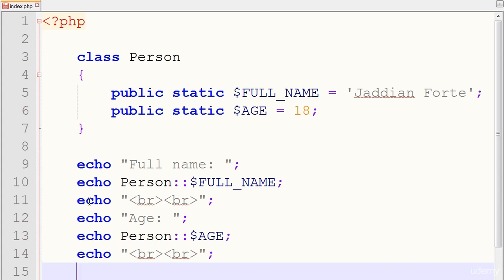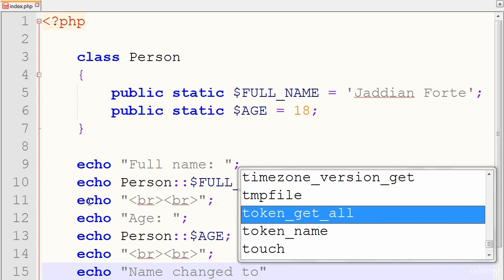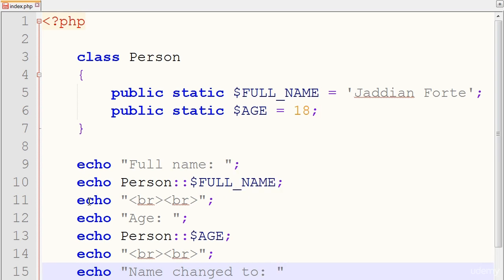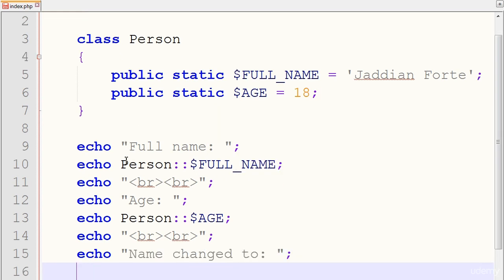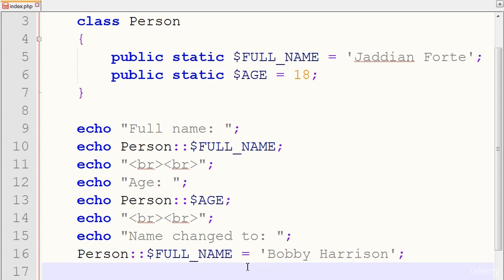So I'll just put echo name changed to, and I'll actually do the actual modification here. I'll take that, copy and paste, and use an assignment operator to assign the new name. So I'll just do Bobby Harrison for the first name. And then I'll do for the person age,